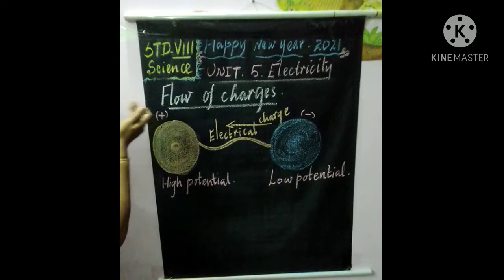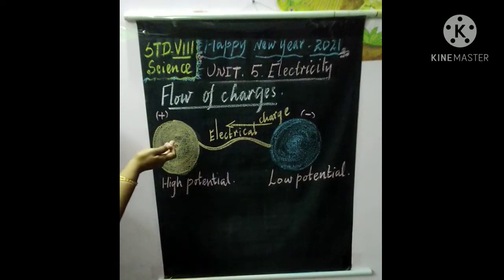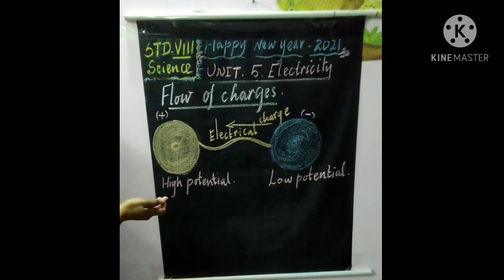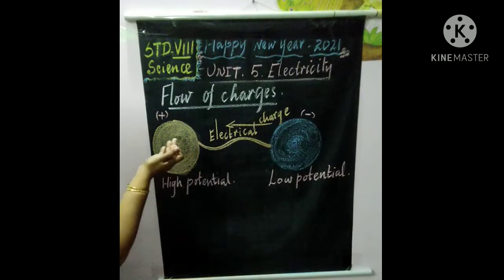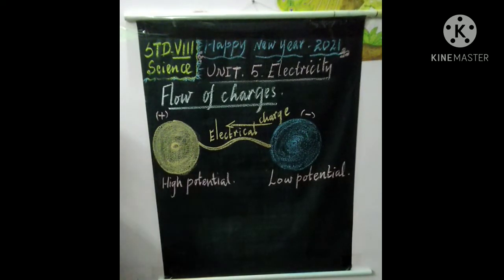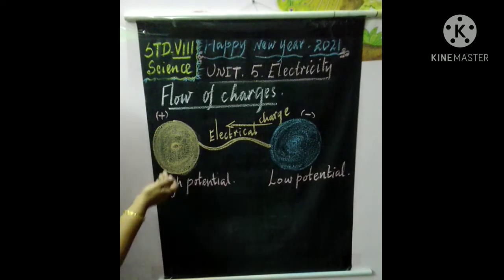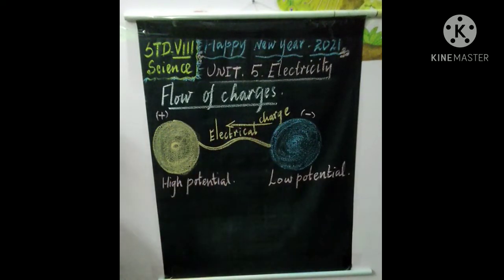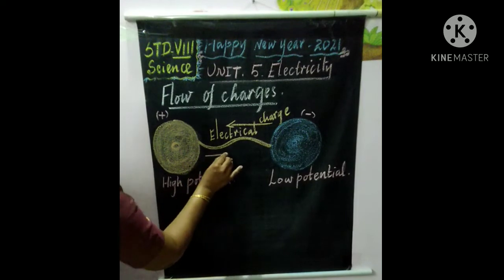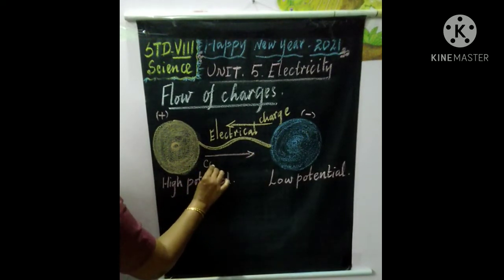You understand this flow of charge? But before the discovery of electrons, people thought that the electrons are not moving. This flow of charge is due to positive charge only. That kind of movement, the movement of current from high potential to low potential area, is known as conventional current.